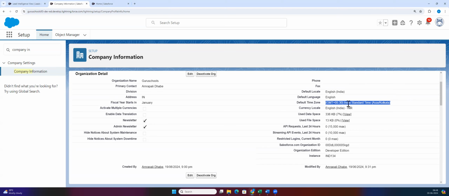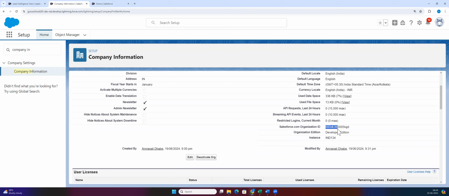When I created this org, I selected India. That's why it is showing India Standard Time. But for you, it might be Pacific or Eastern, a different time zone. Then we have currency, locale, and